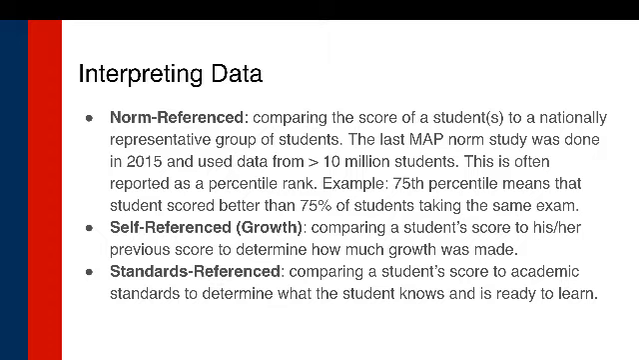So for example, if you see a student report that says a student is in the 75th percentile, that means they did better than 75% of students taking that same exam, based on those 10 million or so students from the norm study. The self-referenced is really just a way to measure growth, and that compares a student's score to his or her